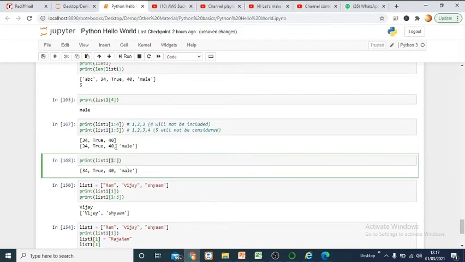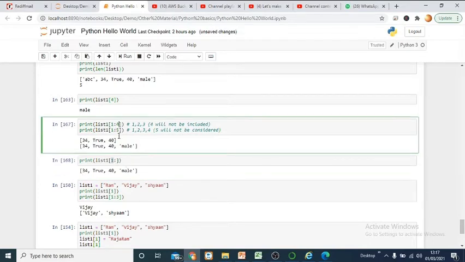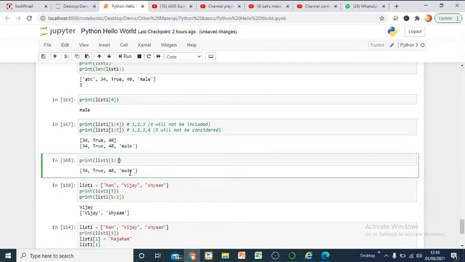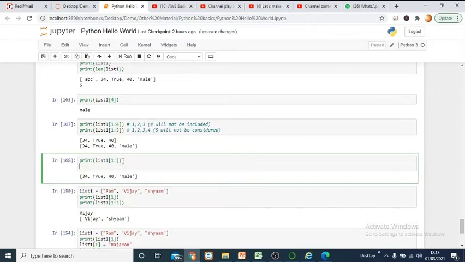Okay, so it is not going to look for 5 or 4 at the end. It will read throughout the list, starting from 1 till the very end of the list. It will read, right? It will print. So if you do not mention anything at the end, it will print all values. Similarly,